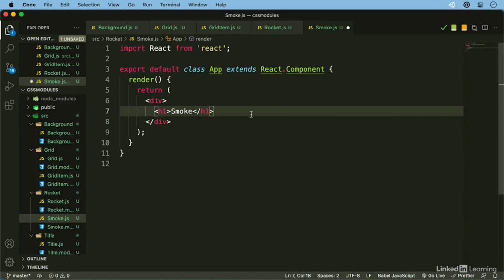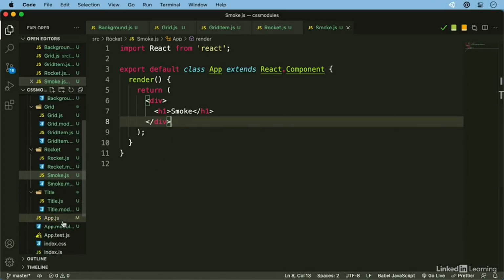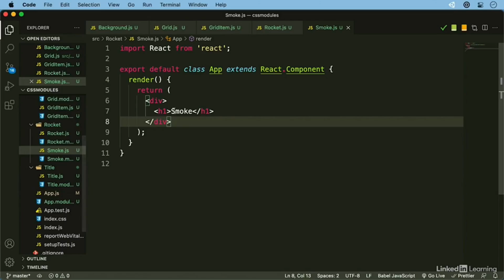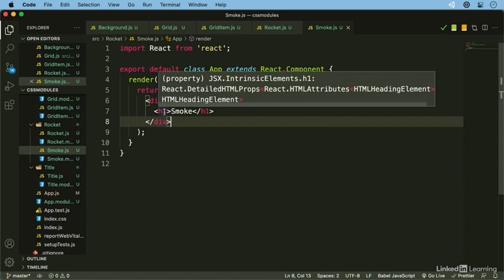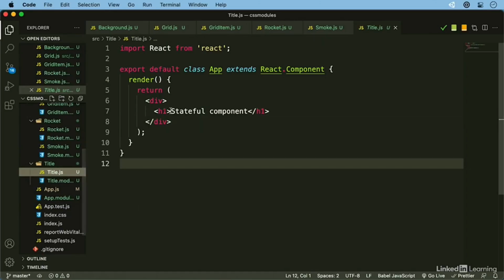And basically the reason why I'm doing this is because when we load them inside of our application, we're going to know what is what. So once we attach all of these components inside of the main app.js component, we're going to see smoke, we're going to see grid item, and so on and so forth. So we're going to be able to position them properly inside of the main component. I typically do that when I build an application, just to structure the application properly. I add all these titles, and then when I connect them inside of the main component, I know where each of the components sits. All right, so we're going to do the same for title,